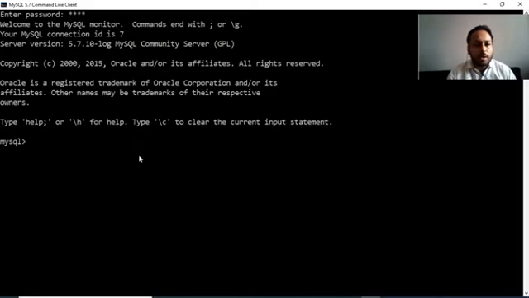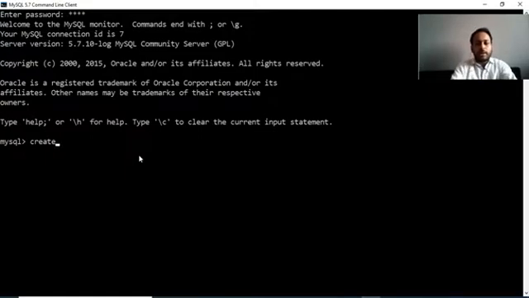Now what to do? First create the database, because without a database we cannot create the tables. The command for creating a database is create. Let me tell you first, there are two types of commands in MySQL. The first is the DDL command and the second is the DML command. DDL means Data Definition Language and DML is Data Manipulation Language. We'll study these two later in detail, but now the create command is a DDL command that is used to create the schema. Schema means the structure, the skeleton of the database.